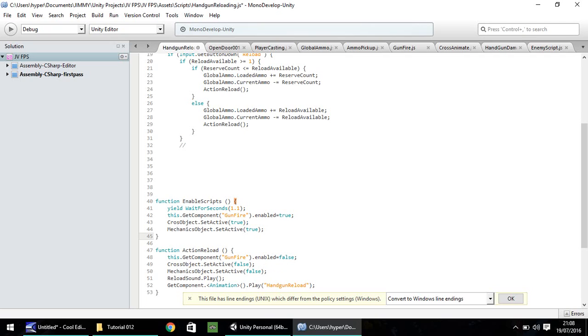So now we have them two functions complete, the action reload and enable scripts. So what we need to do at these double quotes here is once we've run everything we need to, we just need to re-enable here. So we've added our ammo, we've run the animation, now we just need to wait for the animation to complete and re-enable all scripts. So here we can just put enable scripts,